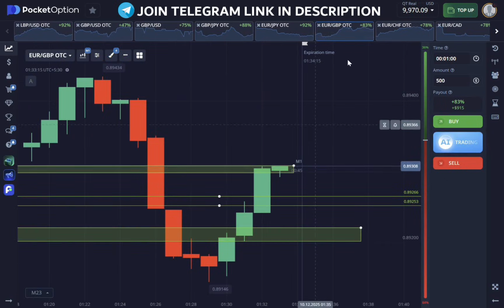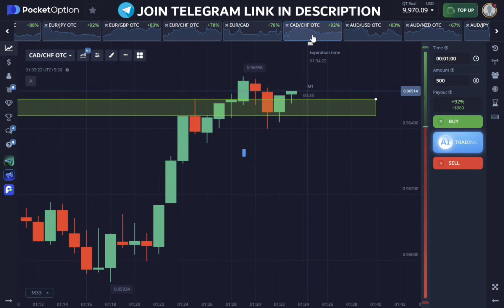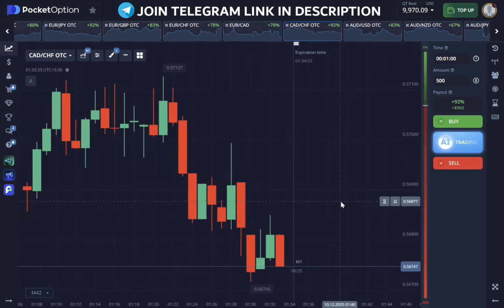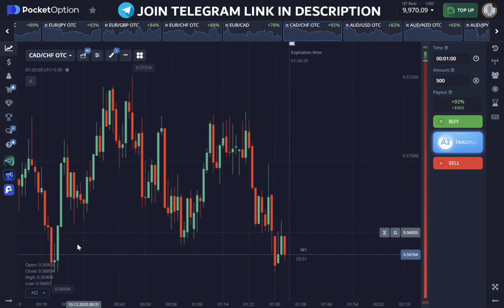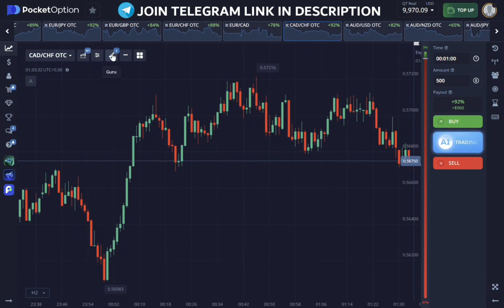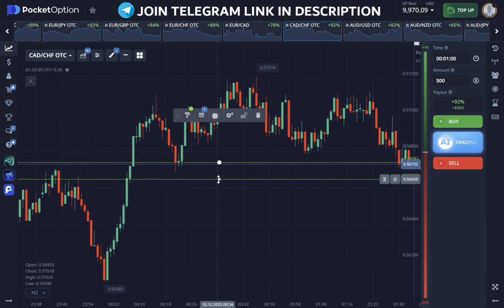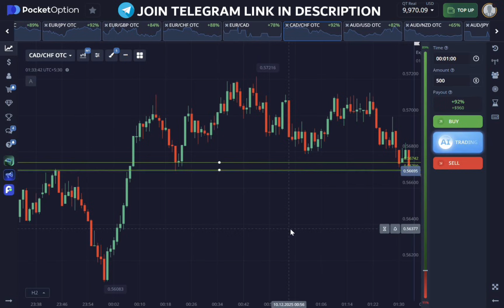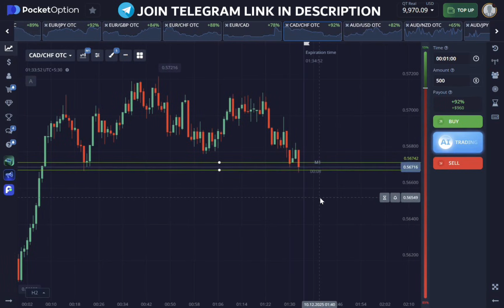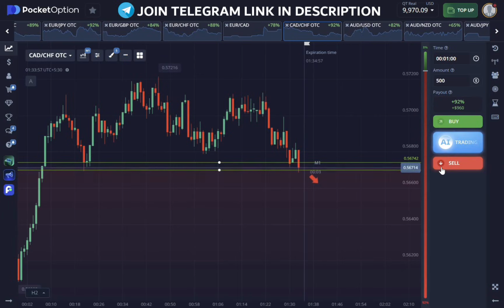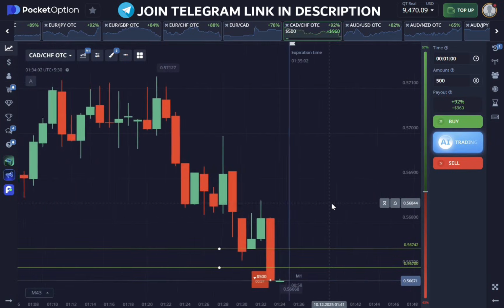No worries at all. Let's take a closer look at another chart, okay? Let's take a look at CAD CHF. So guys, I'm going to trade on this for a downward move because our trend is still towards the downside. Alright, so I'll mark this level. This is just one of our levels, and this is the other one. We can go for a down, I think, because I don't think there's going to be any bullish movement here. Alright guys, so I've placed one downward trade here.